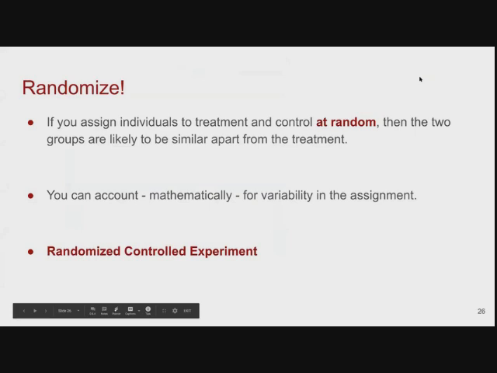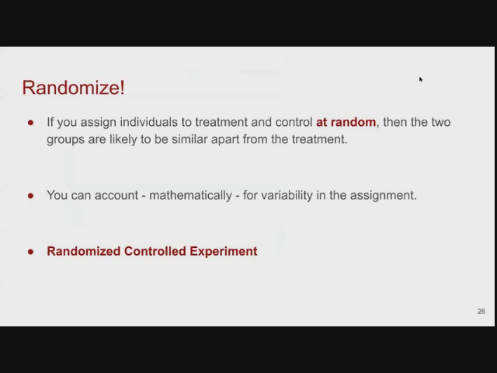So lastly, just to highlight one more time, how can we make sure that we can get rid of those systematic differences? The thing you could do is what we call randomize. Imagine now we're in the space of designing the experiments, or designing the study. If you are able to assign individuals to treatment and control groups, remember we have two groups. One is receiving the treatment, we call it the treatment group. The other one is control, which does not receive the treatment.